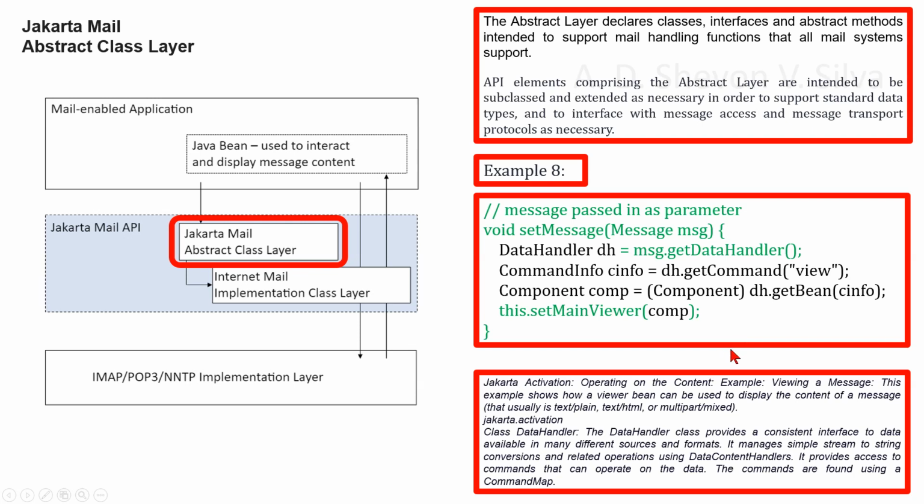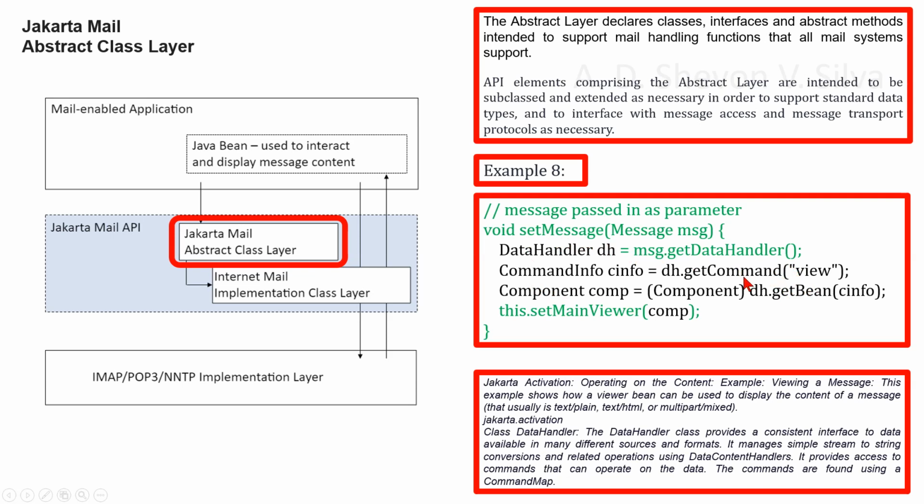Now we are considering an example in operating on the content in Jakarta Activation. Here we are considering viewing a message. This example shows how a viewer